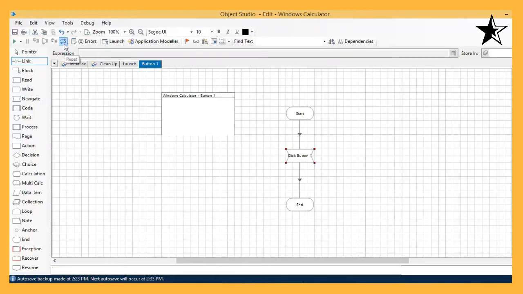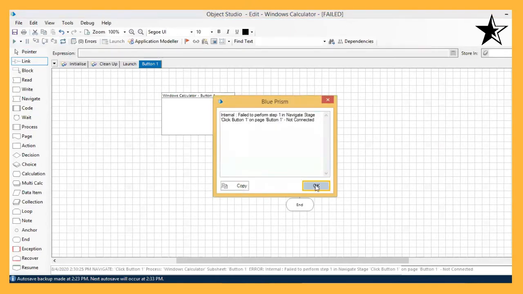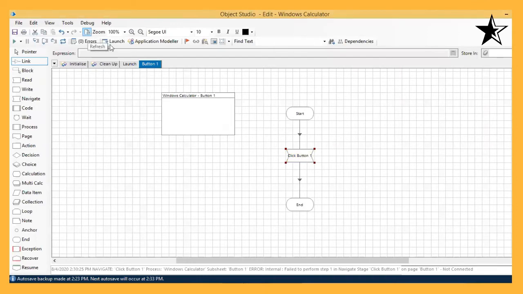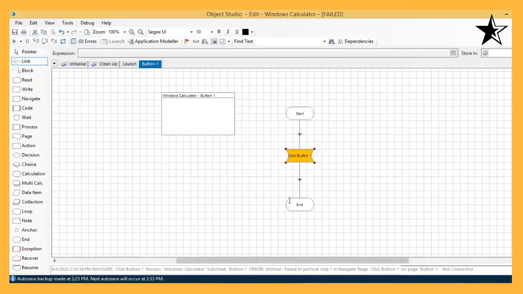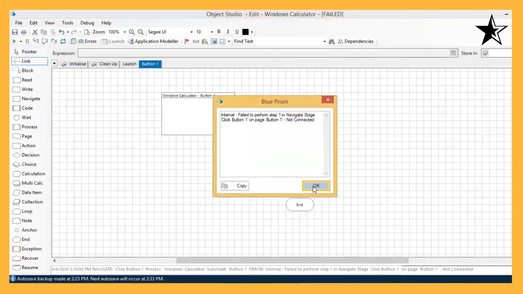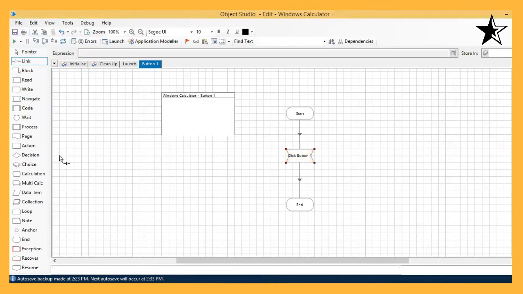Let's reset it, just reset all the things and just launch the process. Just refresh it. Just launch the process. Okay, it's telling me because I have not added a page reference stage here. So I will use the page action.